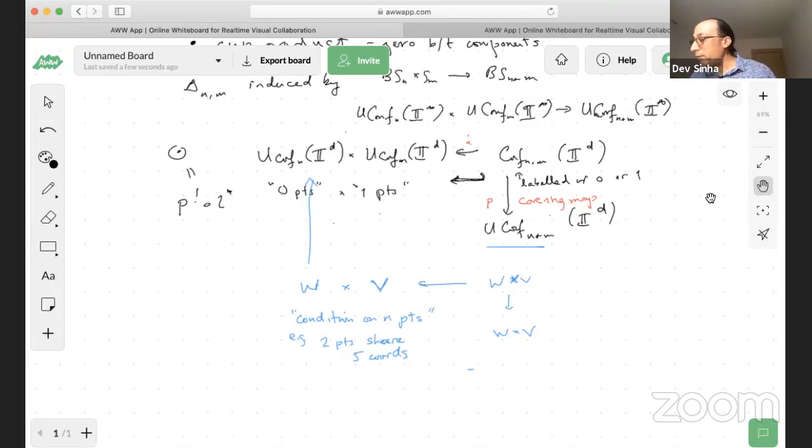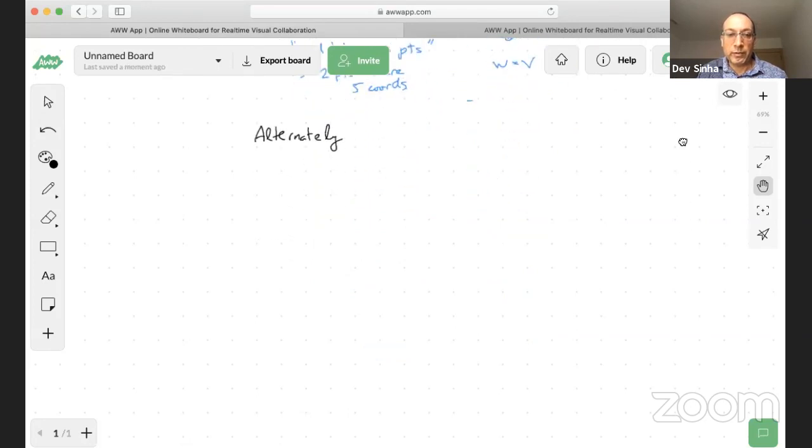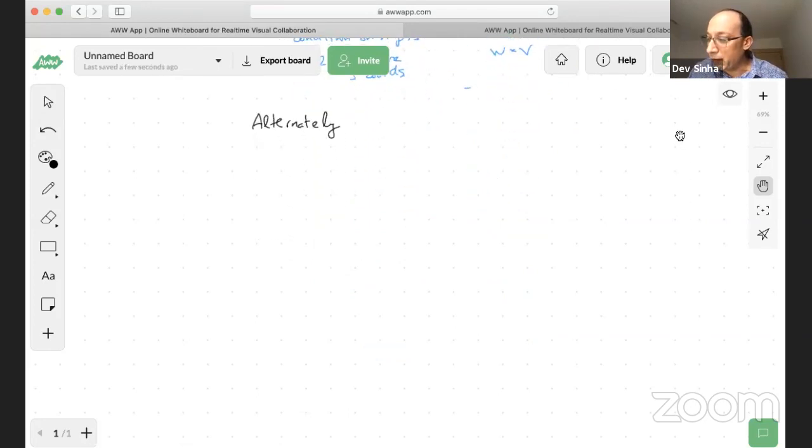In that case, it really is, alternately, and this is the original point of view of Strickland and Turner. This is something that I rediscovered and thankfully gave a talk in Sheffield, and Neil was able to say, hey, I know what that is and I've written about it. So alternatively,